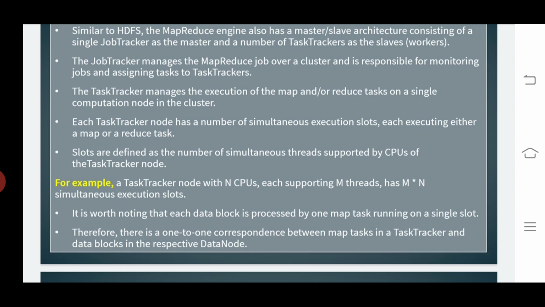Therefore, there is a one-to-one correspondence between the map tasks in a task tracker and the data blocks in the respective data nodes.